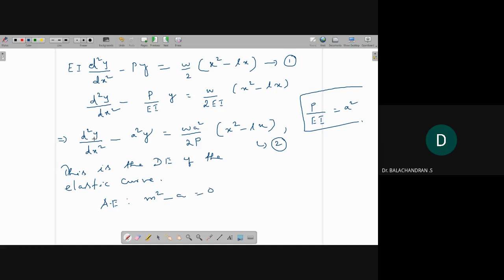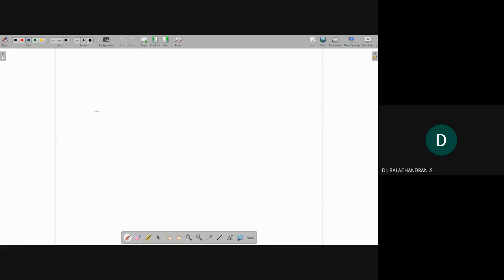So you should write this as (D square minus a square) y equal to right hand side function. So m square minus a square equal to 0, m square equal to a square, m equal to plus or minus a. So the complementary function is